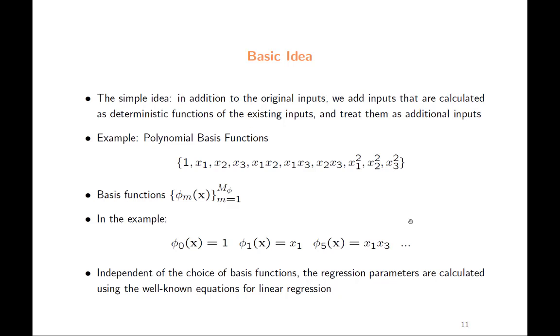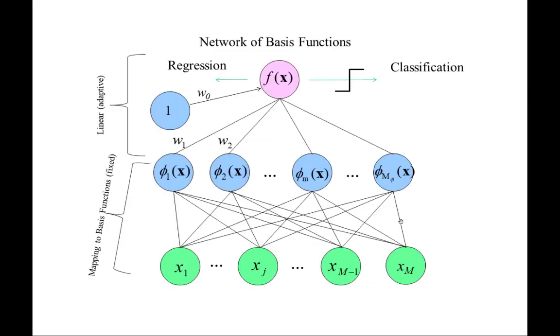But independent of the choice of basis function, the regression parameters are calculated using the well-known equations for linear regression. So that's why it's a trick. You transform it into another space, and then you have this same old simple problem that we already have a good understanding of. So you can draw it as an architecture or as a network